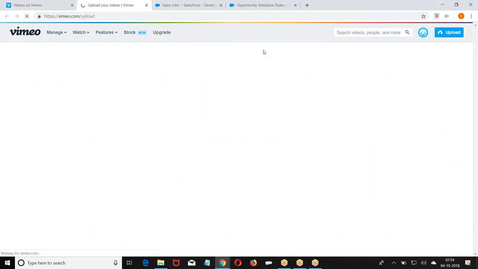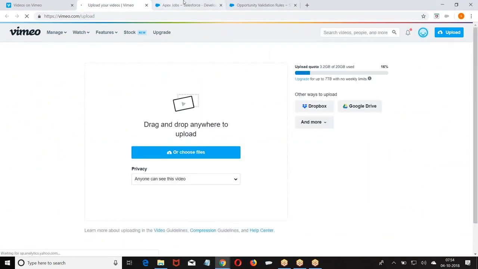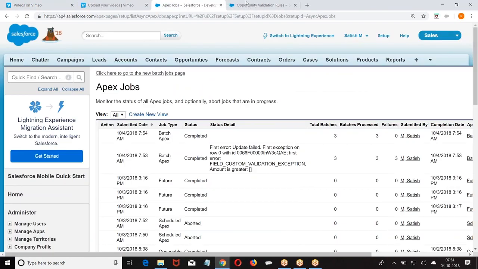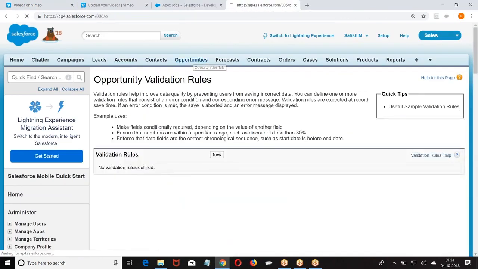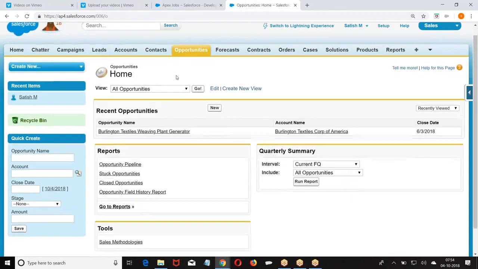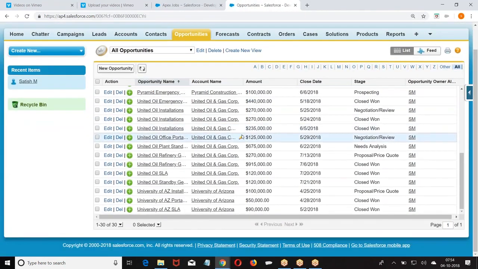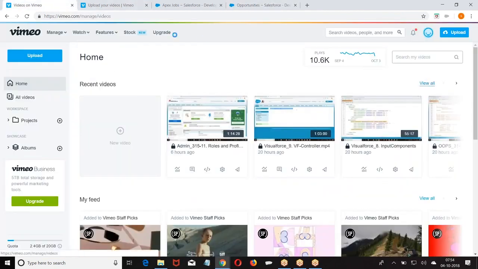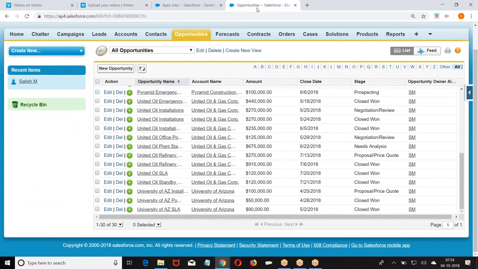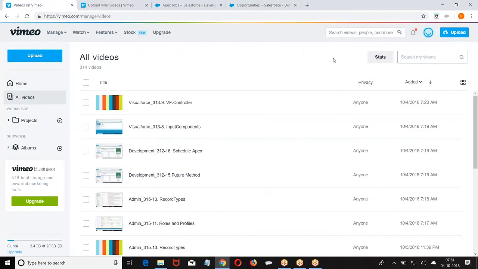Why 3? We have 3 because the number of records is 30, and with a batch size of 10, we are able to see 3. There is a reason we are unable to see more.